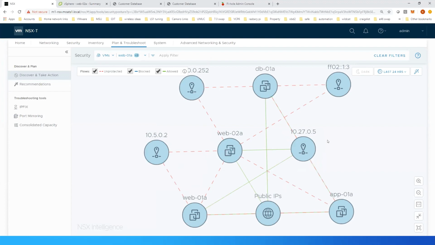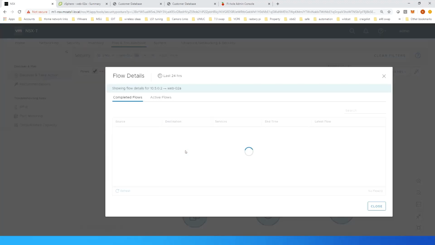All right, so now we're starting to see some allowed flows as well as some unprotected flows. If you remember how the flow worked for this 3-tier app, it was client to web, web to app, app to DB. And this 10.50.2 is kind of a NAT address that everything looks like it's coming from in the environment to my NSX-T platform. So this flow right here from 10.50.2 to web 02 and to web 01, if we click on this, we